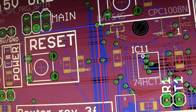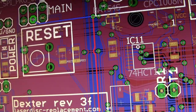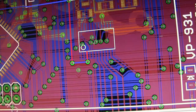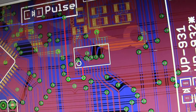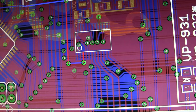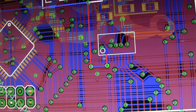Okay, so there's something else on this board that's kind of interesting, and that is that the SCK and the MOSI are also connected to this LED driver over here. So when you program the board, all the LEDs on the board flash. But after the board's done programming, then the microcontroller can control this LED controller and cycle the LEDs. So I'd like to say that I think maybe this LED controller could be causing the problem, but